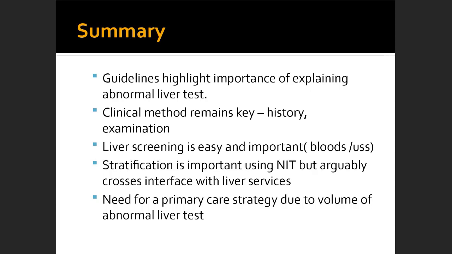Sahara, I don't think I would pursue liver. I would certainly pursue a history, and if there is something to support maybe a fatty liver or alcohol, then an ultrasound would be reasonable, and it wouldn't be surprising that you'd find a fatty liver. It's worth noting that 50% of patients with fatty liver have normal liver tests. There was quite a nice survey in Nottingham GPs, where we looked at people who drank too much and people who had diabetes, and a lot of those had fatty liver, irrelevant of their